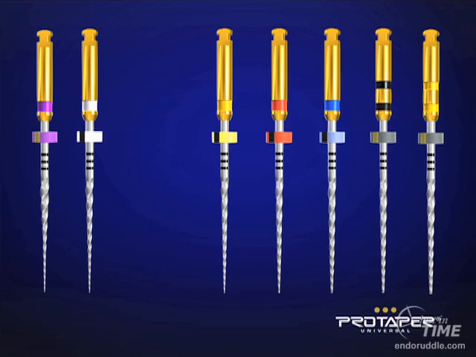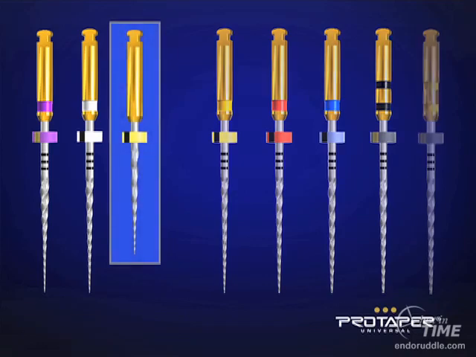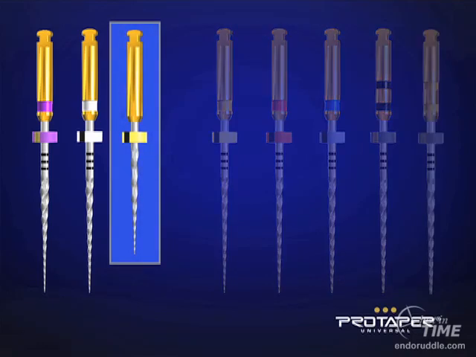To round out the shaping family of files, there is a file that looks short to you, and it is short. It's only 19 millimeters in its overall length. This is called the auxiliary shaping file, or Shaper X. Shaper X is used for two reasons. One, it helps you in the access game get radicular access. We can use this to flare orifices, marry orifices to axial walls, and finally we can use it to remove